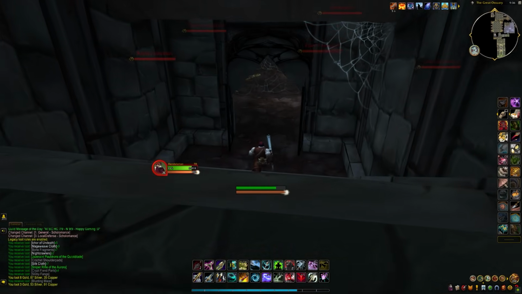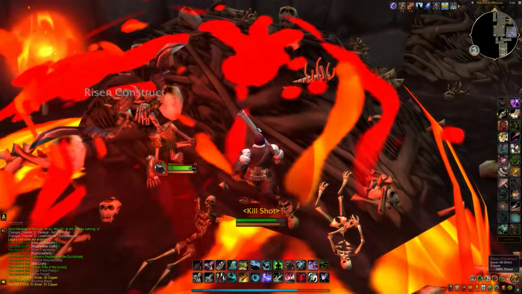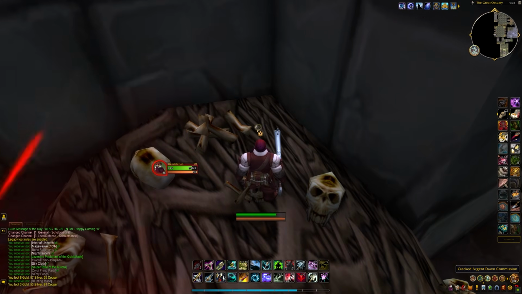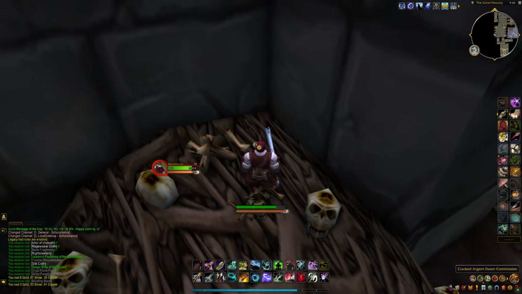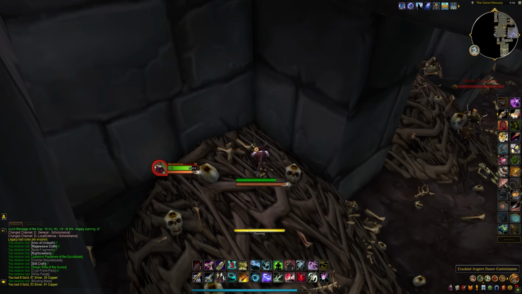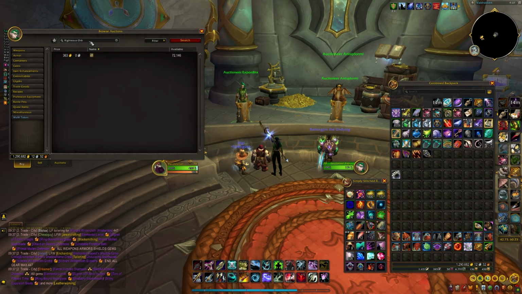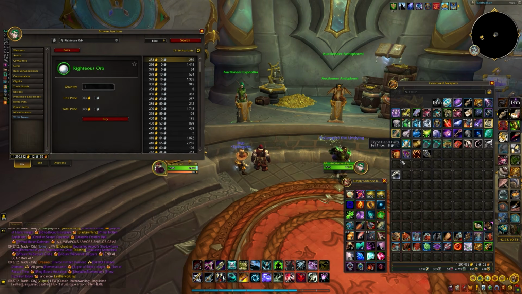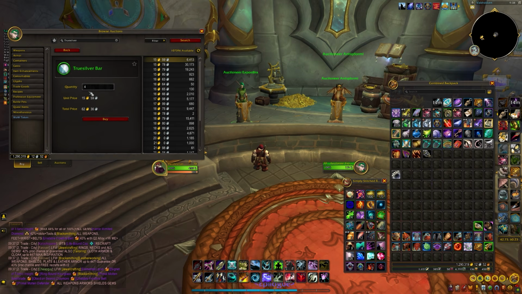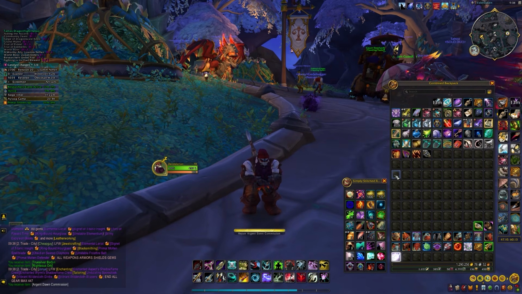But once you're in that room, on the left-hand side, just near the entrance, is a pile of bones. And at the back of this pile of bones is a very small game object, and this is the Cracked Argent Dawn Commission. So what you want to do here is simply click it and loot the Cracked Argent Dawn Commission. So this commission needs to be repaired, so you're going to need some items for this. What you're going to need is a Righteous Orb and 4 True Steel Bars. Of course, as usual, the easiest way to do this is on the auction house. It's not too expensive. And once that's done, you click the Cracked Argent Dawn Commission, and that will create the